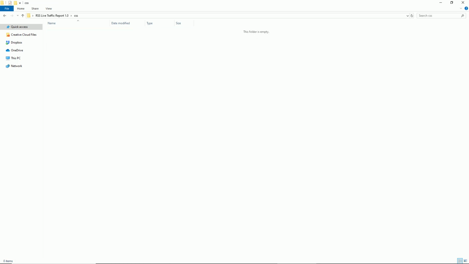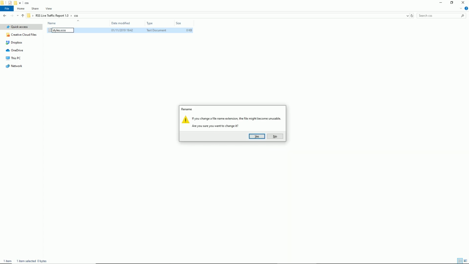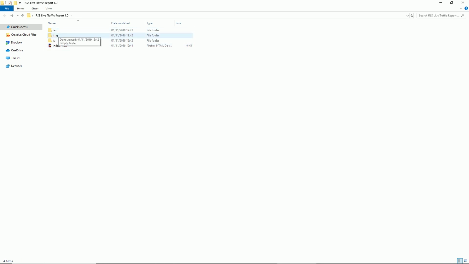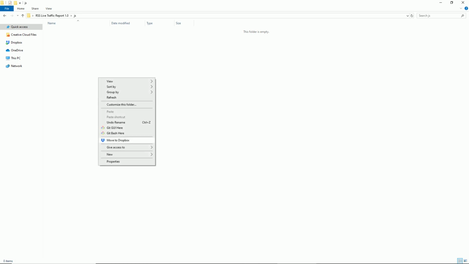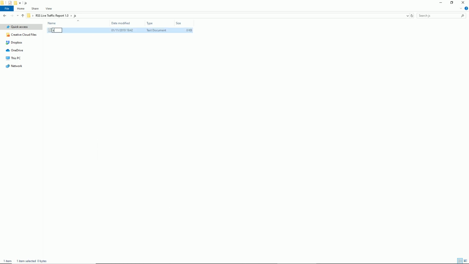In the CSS I'm gonna be using Sass as always, so I'm gonna go ahead and create a file called styles.scss, and this SCSS will obviously compile into a CSS file. And inside the JS folder I'm gonna create my scripts file. I'll call it script.js, and for the images I'm gonna go ahead and copy an image that I've already downloaded from